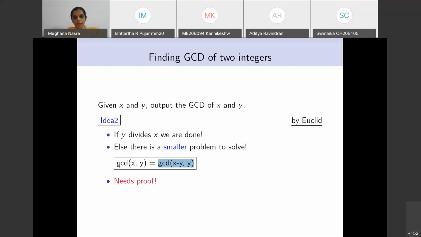So if you want to show that two sides of an equality are the same, two sides of an expression are the same, you can show that one of them is greater than or equal to the other and vice versa, and then you have that both of them are equal. This proof is something that I will leave to you, just write it down. You may have thought about it, you may have read it somewhere, but it is a small neat thing to do.